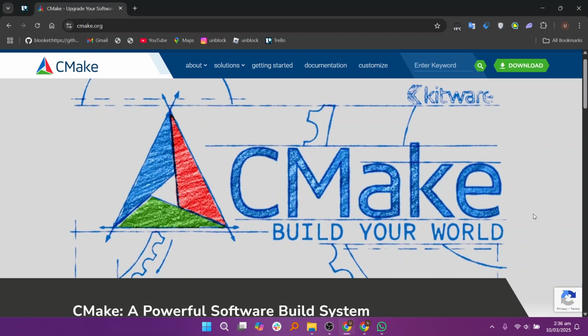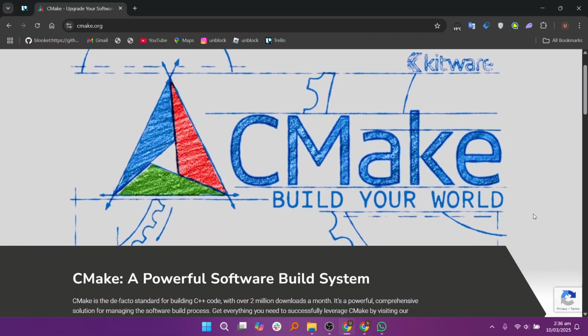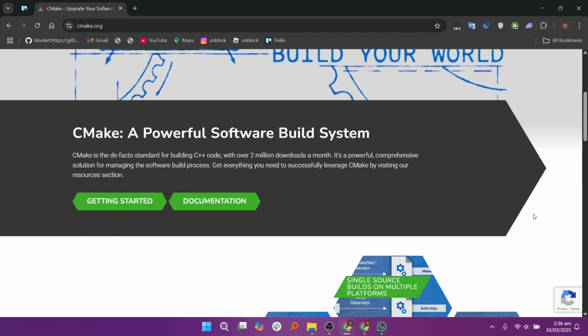It allows developers to define their project structure in a platform-independent manner, making it easier to generate build files for multiple environments such as Makefiles for Linux, Visual Studio solutions for Windows, and Xcode projects for macOS. One of the biggest advantages of CMake is its ability to work with multiple compilers and development environments. Instead of manually writing Makefiles or Visual Studio project files, developers can use CMake to generate them automatically based on a single configuration file. This makes it easier to maintain code bases that need to build on different systems, ensuring consistency